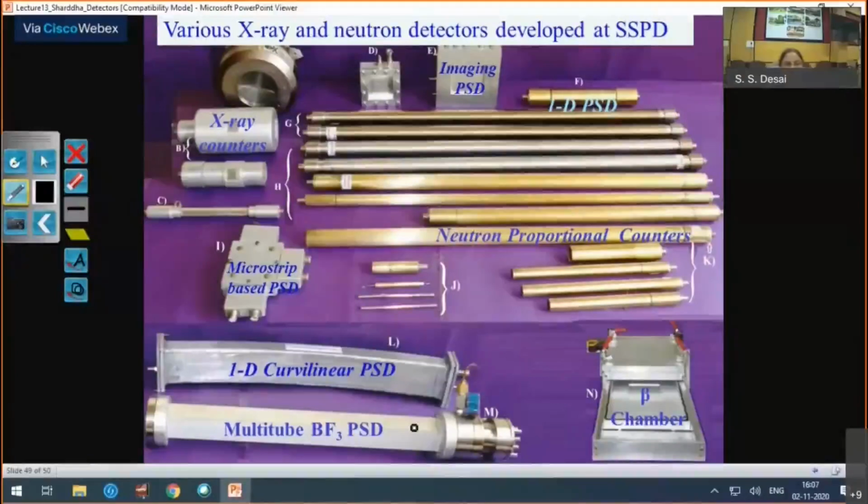And at the end, I'm showing you just the wide domain of the detectors which we are making here, right from the small beam monitors to the 1 meter long position sensitive detectors, and these imaging detectors are assembled in house, and they have been installed on all the spectrometers, and they are working quite well for years together. So that is the success of all the hard work which has been done by